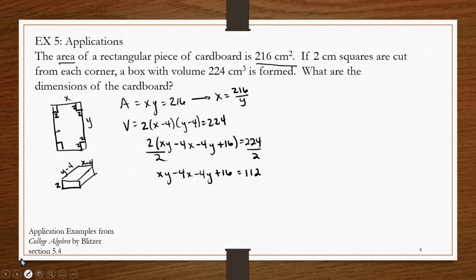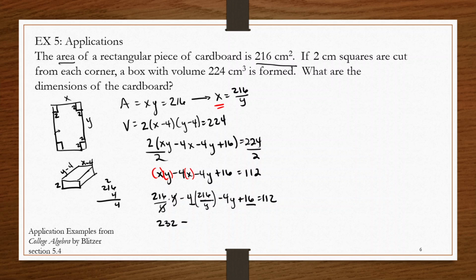Now our area equation here tells me that x is 216 over y. So if I plug this in for x, then what I end up with is 216 over y times y minus 4 times 216 over y minus 4y plus 16 equals 112. Now I can reduce a little bit. The y's go away. So I have 216 plus 16, so that gets me 232, minus 4 times 216